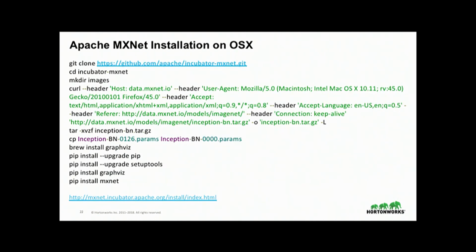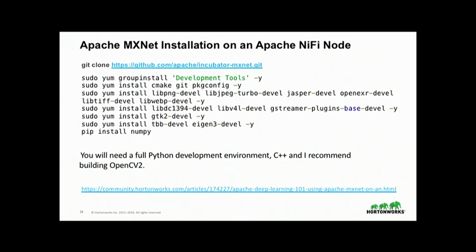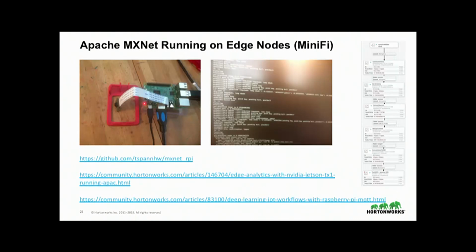Now we do the next one. This is how to install it. So I put all the directions in the slide. So if you want to install it, you download a model, install a couple of Python libraries, and you're ready to go. Next one, I could also run this as part of NiFi directly. So it'll run right on a Unix box, whether it's Ubuntu, CentOS, whichever variant of Linux you have. And that's pretty easy to install too. You were using Yum on CentOS as opposed to Brew.